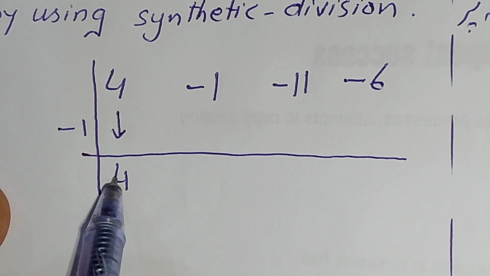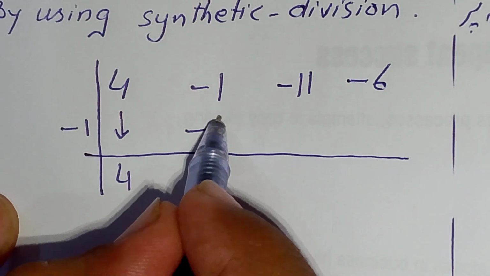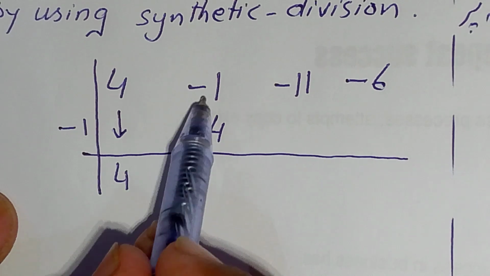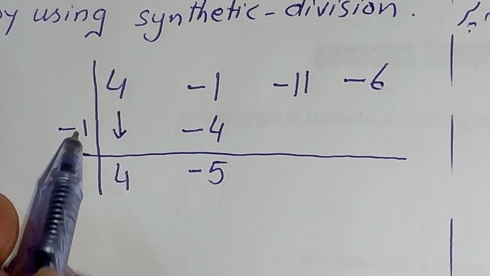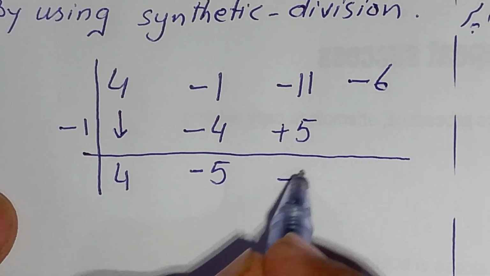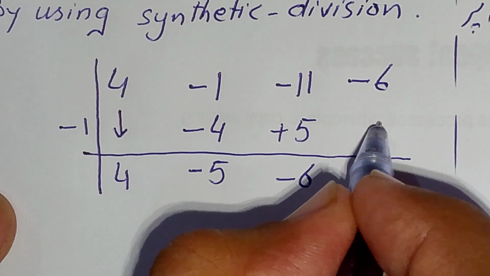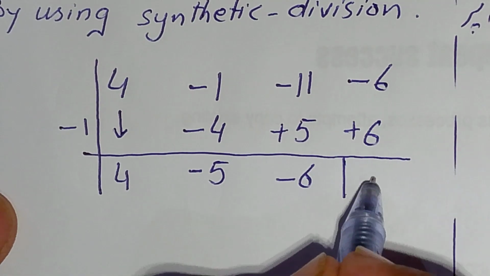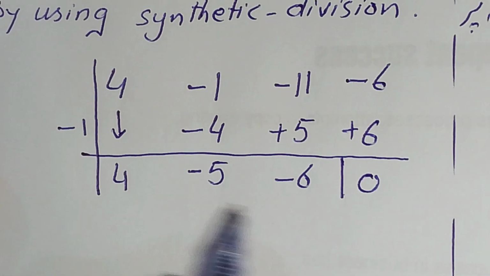Now multiply this with this, it will become -4. Then write this here. Okay, now by simplifying this, -4 -1 will become -5, and now again multiply this with this, it will become +5. It will give us -6. Then again multiplying this with this, it will give us +6. So it will become 0. So here the remainder is 0, and the depressed equation will become